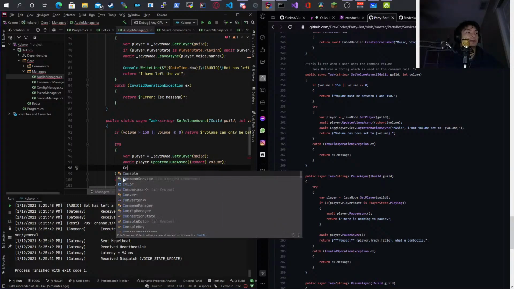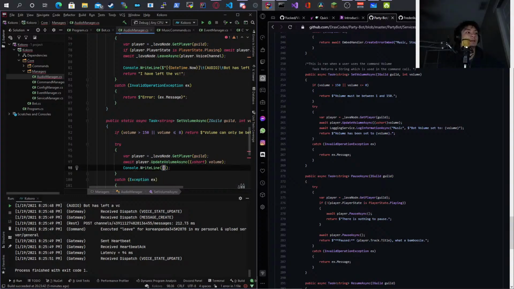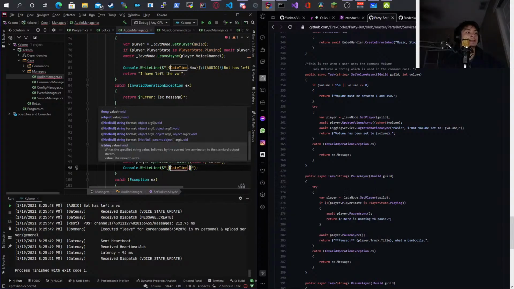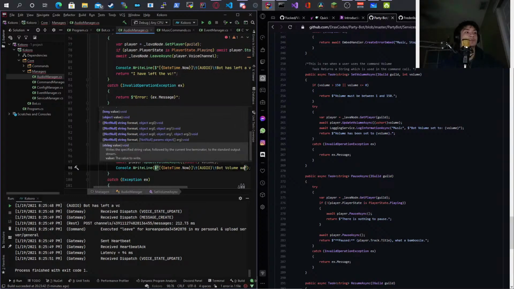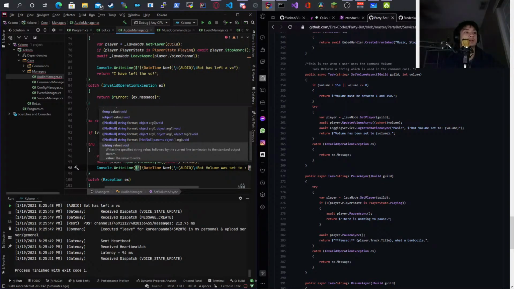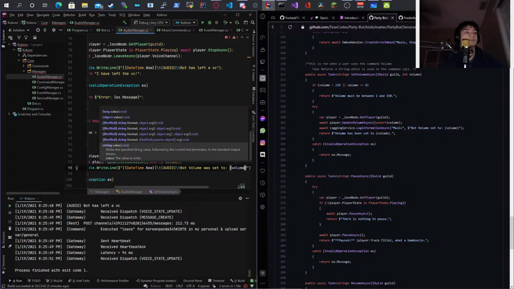Okay, then we're going to use a Console.WriteLine. And then we need to do the format first, so it's going to be DateTime.Now, tab, audio, tab, and then we're going to do here is bot volume was set to volume.